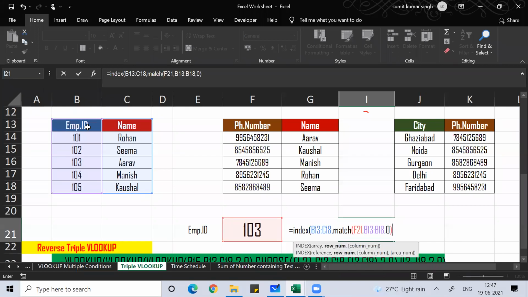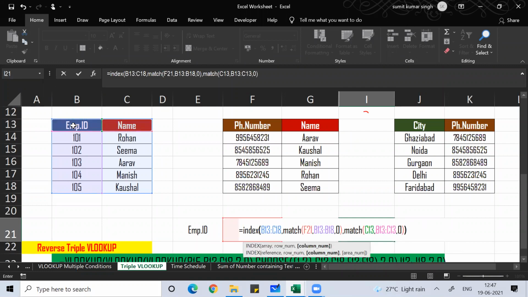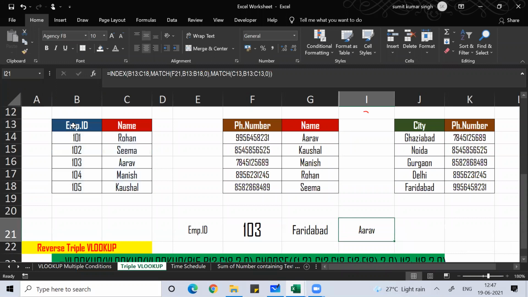This is your row number. Then the column number will be MATCH, where the lookup value you're looking for is a name. In that row, the lookup array will be these, comma zero, close bracket. So you'll get the name. These are the two ways you can use the INDEX function.